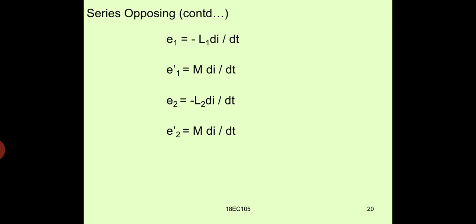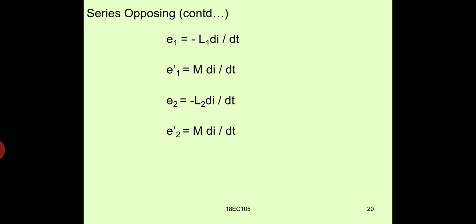Hence the total equivalent EMF in the whole combination will be equal to the addition of the individual EMFs, and the individual EMFs are E1 plus E1 dash plus E2 plus E2 dash. And here you see that, as we have done previously, but for the minus sign at both E1 dash and E2 dash, hence you are getting it as